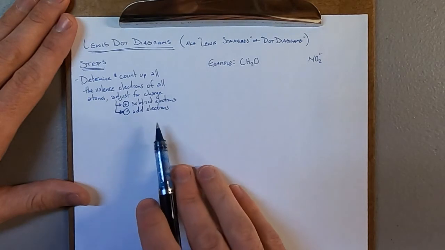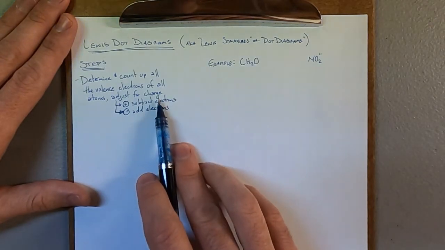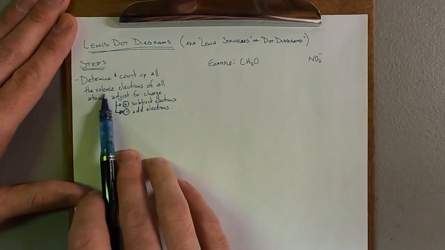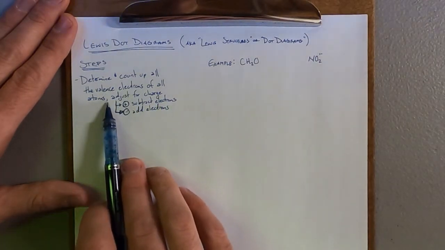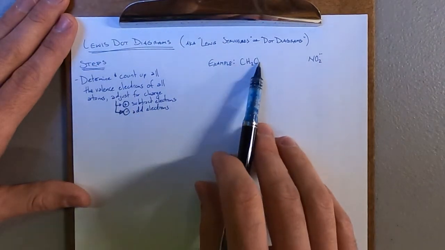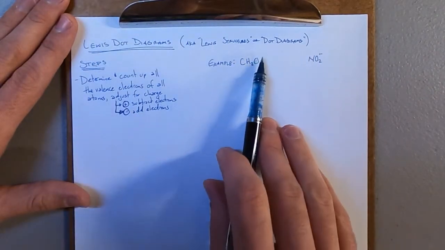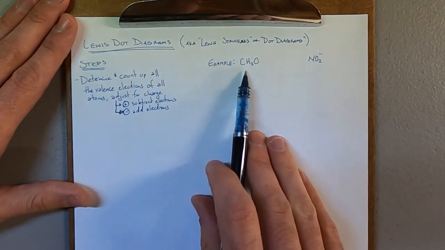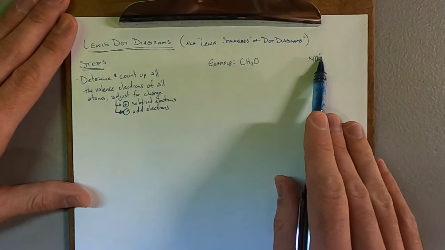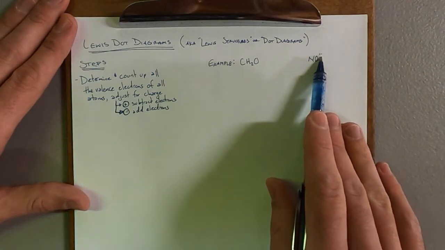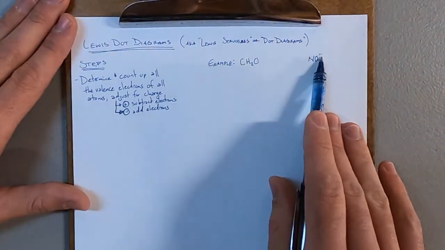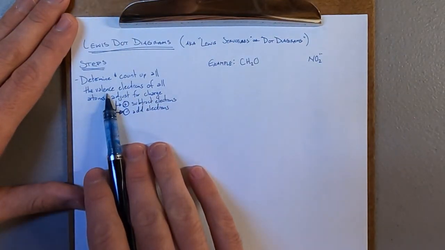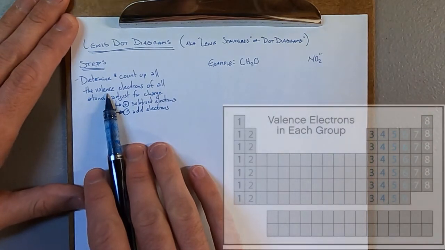Now the first step is going to be to figure out how many electrons you'll be working with to create your structure. So that means you're going to be counting up all the valence electrons from the atoms and then adjusting based on the charge on the overall thing. So here, if there's no charge listed, that is a molecule and there is no adjustment. But with a polyatomic ion, this entire thing carries this charge of 1-, and so it will have to be adjusted. You'll look at the valence electrons using a periodic table or this reference,